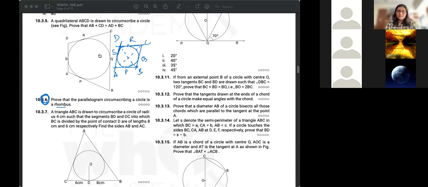Miss, I wanted to ask, in this after we prove DC and DA equal, as they are tangents drawn from a certain point, and then if I prove DA and AB the same, then can I directly write similarly we can prove AB and BC the same, instead of writing the whole thing again? If I only prove two tangents equal and then write similarly, we can prove the other tangents equal.